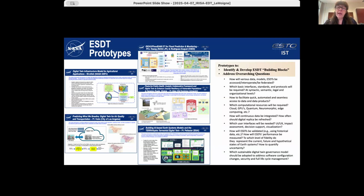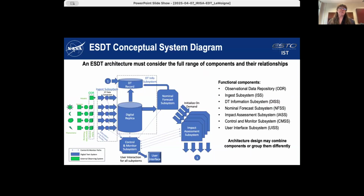And finally, the last question to answer is how are we going to sustain this digital twin in the future, and how are we going to address software configuration changes and security and full life cycle management? So these are all kinds of questions. At the same time, we also have been defining a digital twin architecture framework